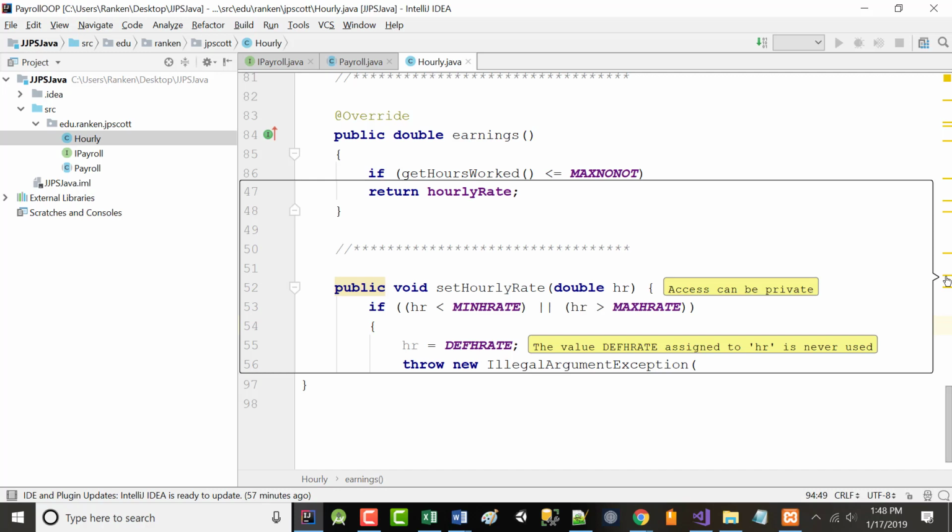If you start looking at the warnings in here, a lot of them too, not the one that you mentioned, Evan, but a lot of them will say, oh, this can be private. And I'm not disagreeing that it can be, but I was always taught that that's the hallmark of object-oriented programming. That is, writing your methods public, but keeping your data private. All right, that's why I'm writing it in this way.